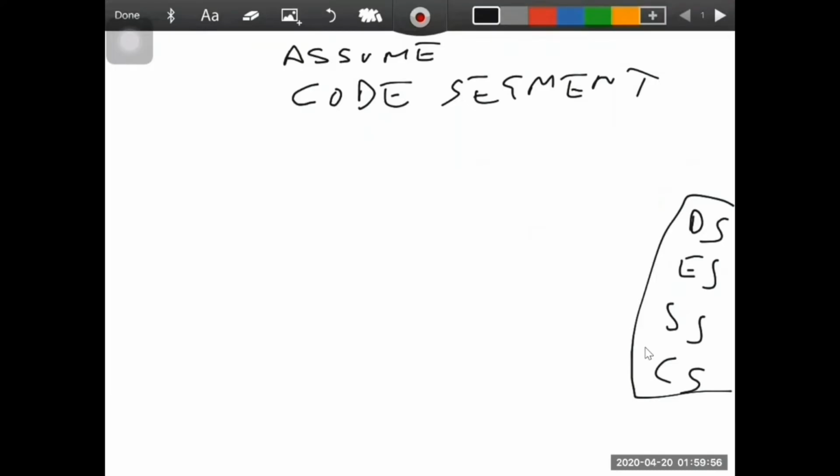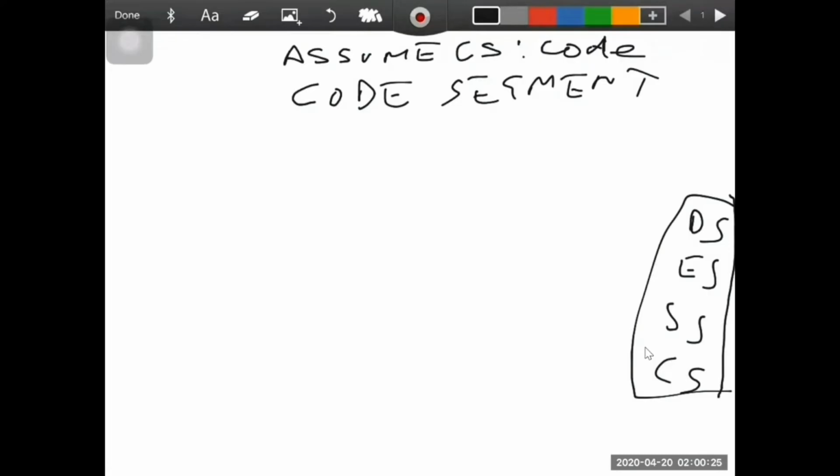So for example, ASSUME CS colon CODE. Now it tells the assembler that we can use CODE in terms of CS. Actual terms are these: DS, ES, SS, and CS. Now we want to use CODE in place of CS. So it tells the assembler that we can use CODE instead of CS.